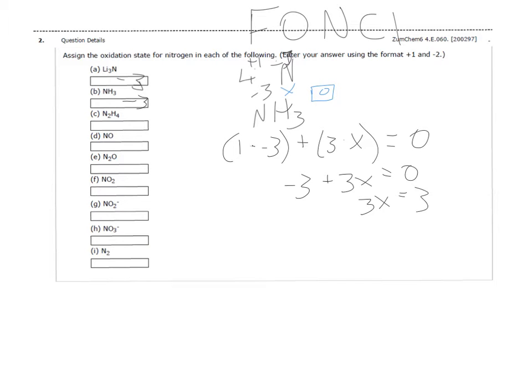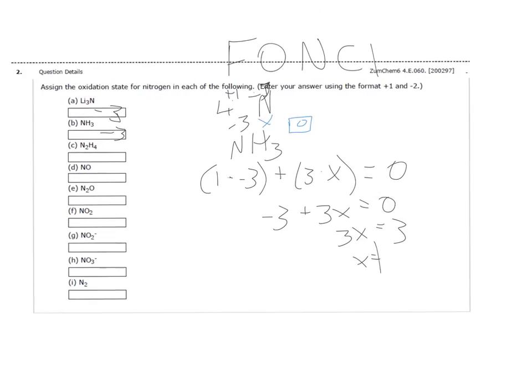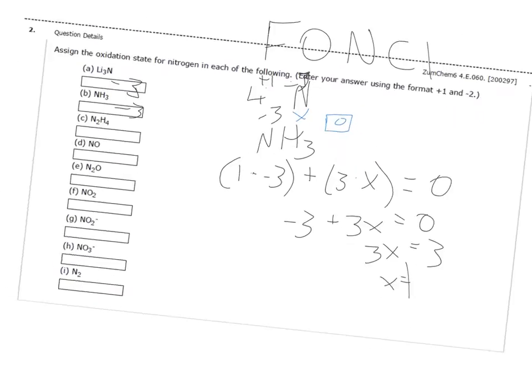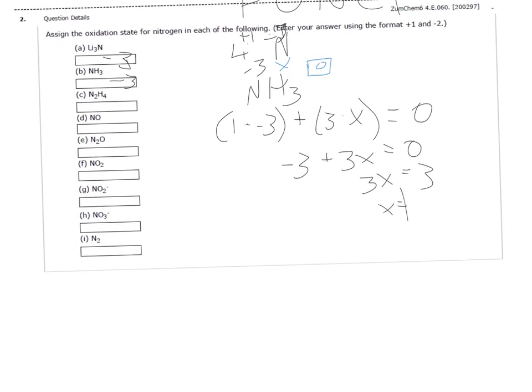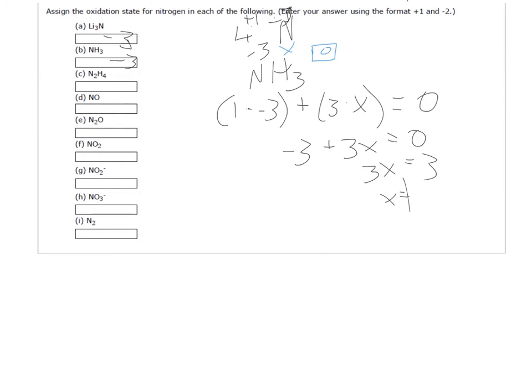We would add 3 to both sides, and hydrogen's oxidation state works out to be +1. But that's neither here nor there, because the problem only wants the oxidation state of nitrogen. Okay, part C,